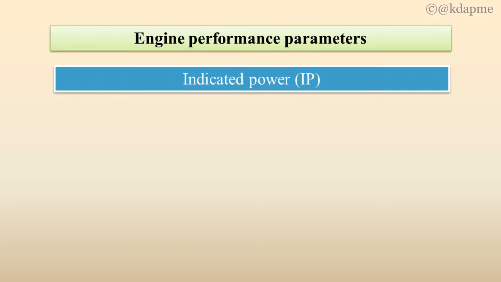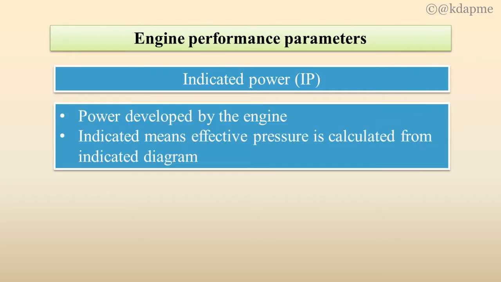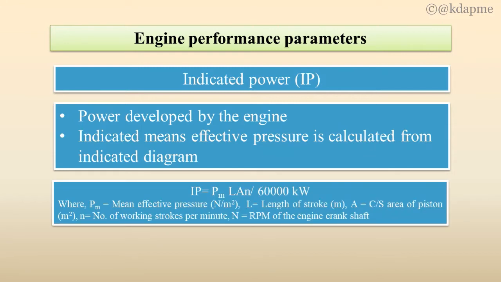Indicated power is the power developed by the engine, which can be easily obtained using an indicator diagram. Indicated here refers to effective pressure, and just by determining the effective pressure you can substitute its value into this equation. Indicated power is equal to PLAN by 60,000, and you will get this in kilowatts, where PM is the mean effective pressure, normally in Newton per